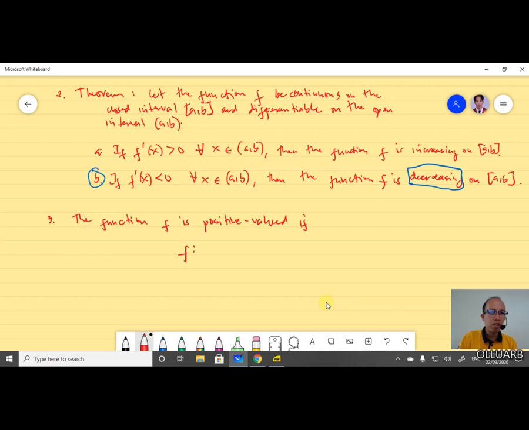For example, if you have a real line, and your codomain is all positive, this means that this is equal to